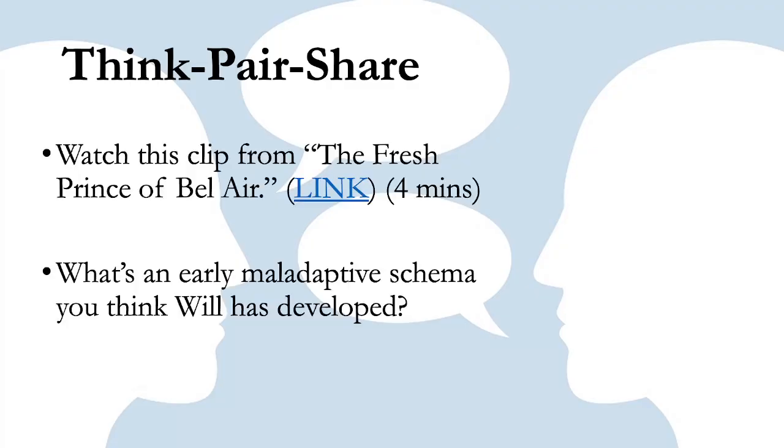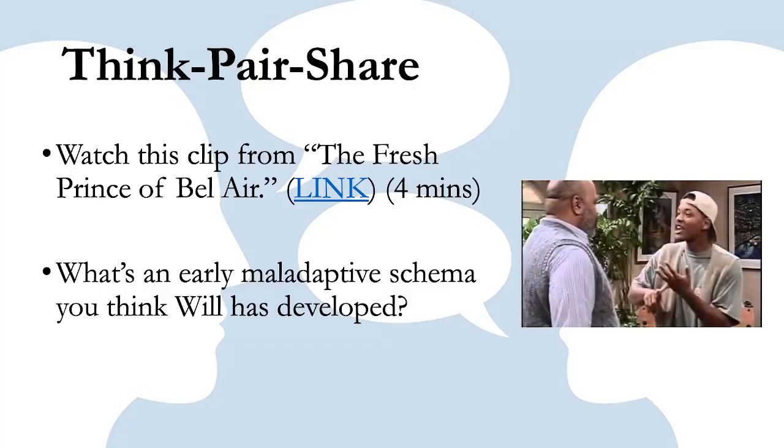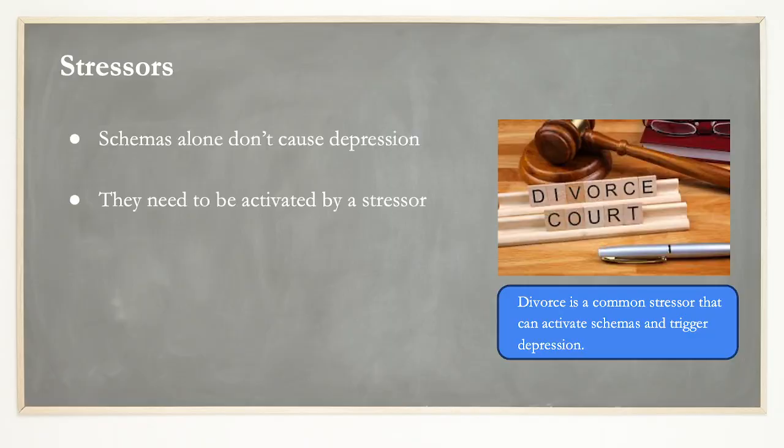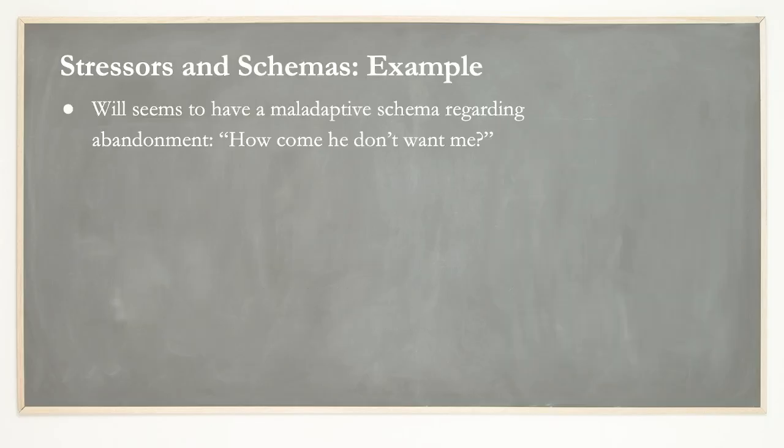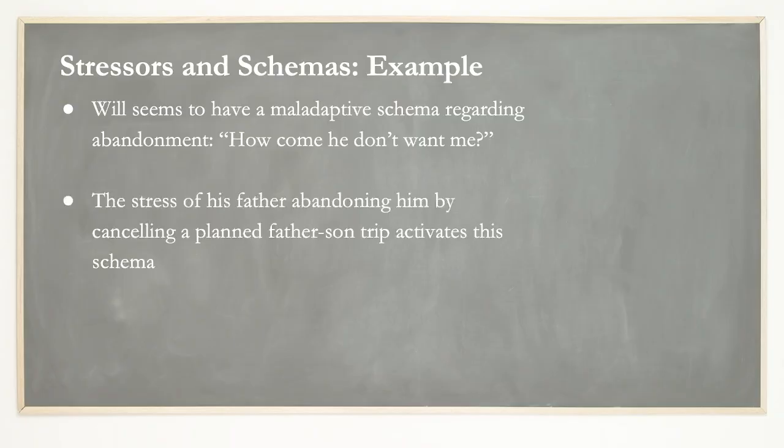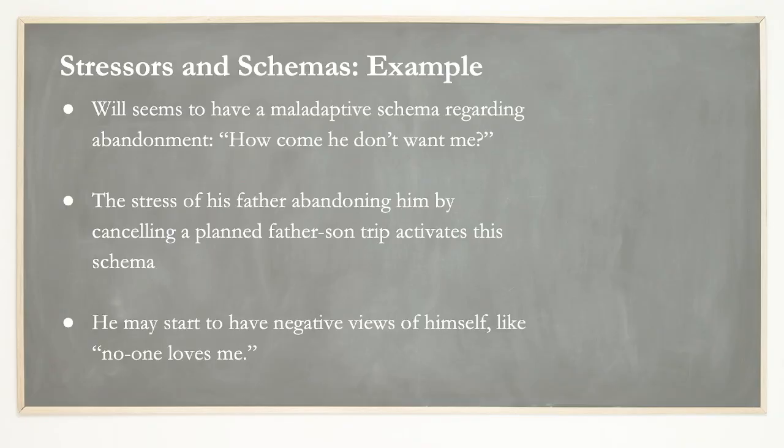Oh, I can't watch this clip without crying. Anything with fathers and sons, that's my early maladaptive schemas at play there. Gets me going. It's just a good real life example. Cliff notes, Will's dad comes back and then bails on him again. So according to Beck, most early maladaptive schemas are about abandonment, or there's another one, I forget it, but abandonment is a big one.